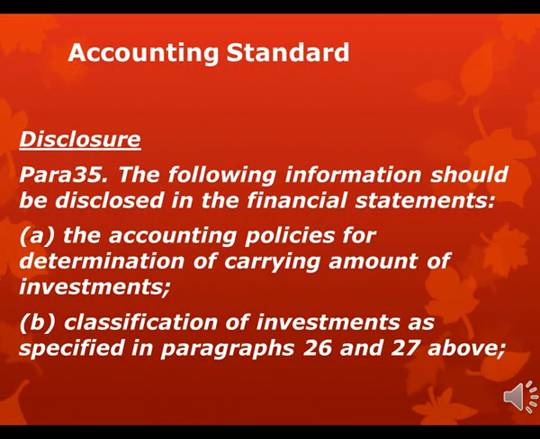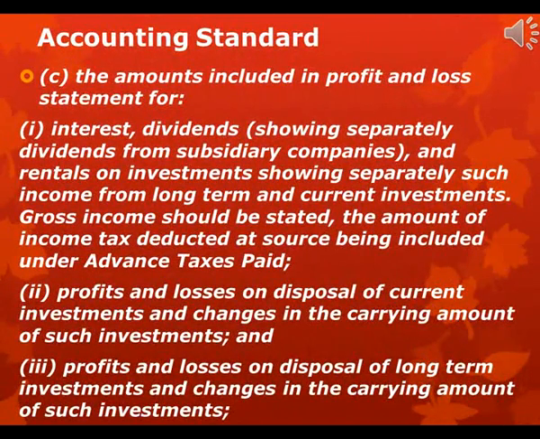Disclosure. Para 35. The following information should be disclosed in the financial statements. A. The accounting policies for determination of carrying amount of investments. B. Classification of investments as specified in paragraphs 26 and 27 above. C. The amounts included in profit and loss statement for 1. Interest, dividends, showing separately dividends from subsidiary companies, and rentals on investments showing separately such income from long-term and current